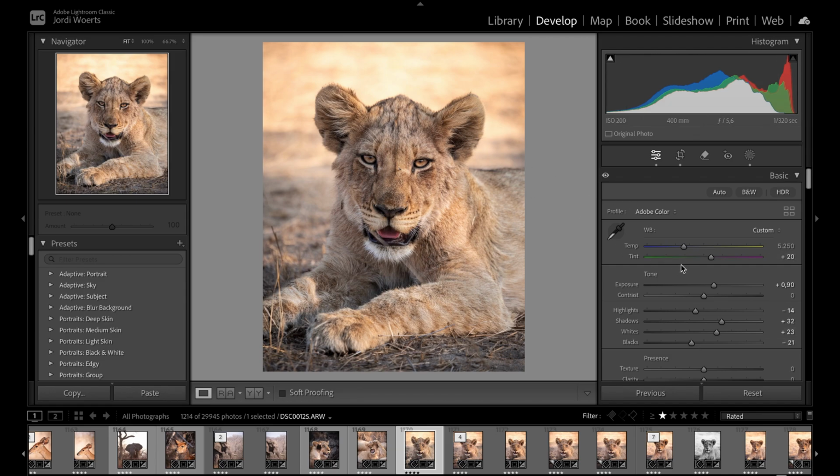I just want to add a little bit more yellow to the whole image itself. Like the lion still looks a bit pale, so I'm just going to play around with the temperature a little bit, so that it looks a little bit warm. We don't have a lot of other different colorations in the image, so I don't think it's going to be a major issue. If you do have a lot of different colors in the image, especially for example in the summertime, it could be. This photo is taken in the winter time in South Africa, everything is quite yellowish and brown, but there's no greenery in the photo, so you can get away with just raising the temperature a little bit here.